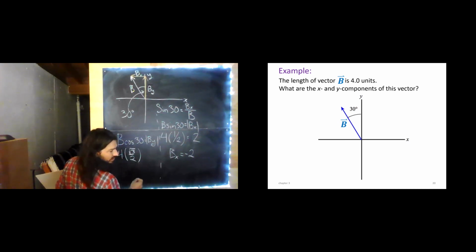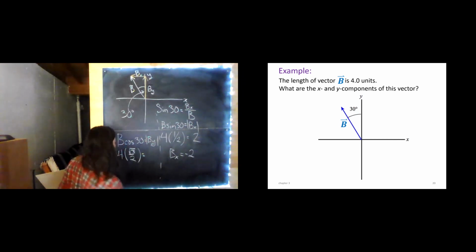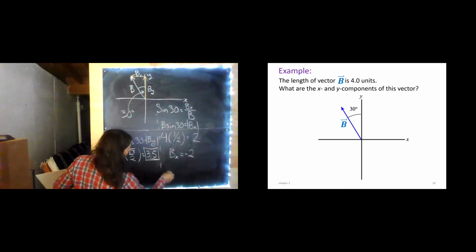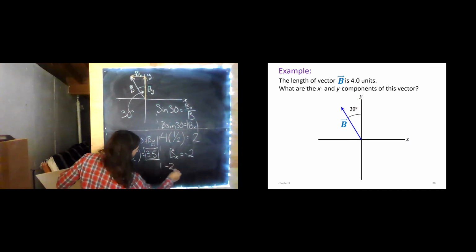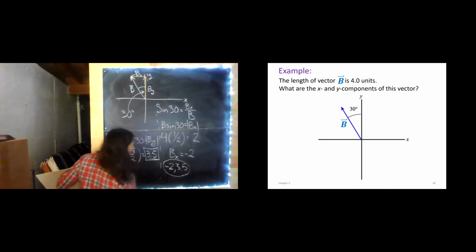You don't need to memorize it unless you're planning on taking the MCAT. And so we run our calculator and we get 3.5. And so those are our two components. So we could write negative 2, comma, 3.5 as our final